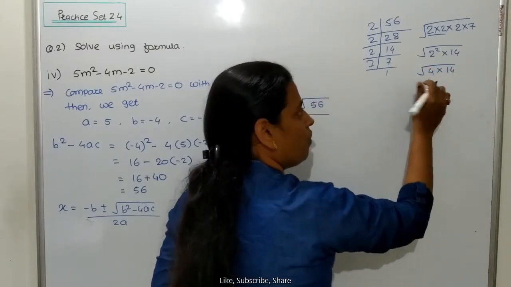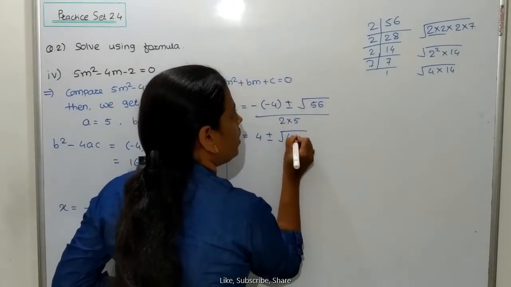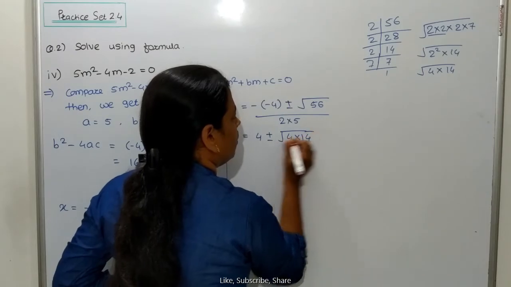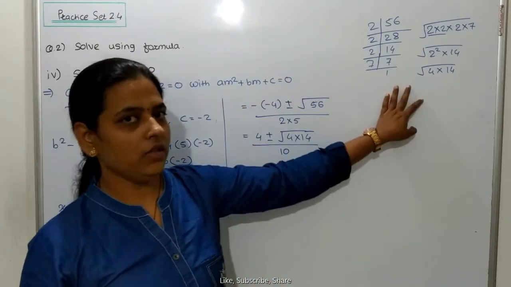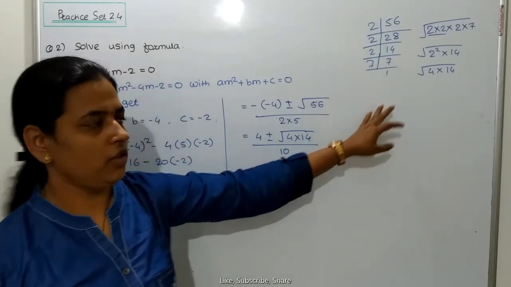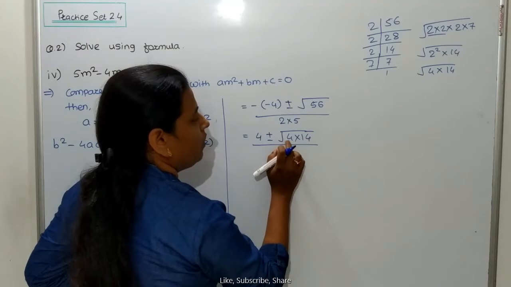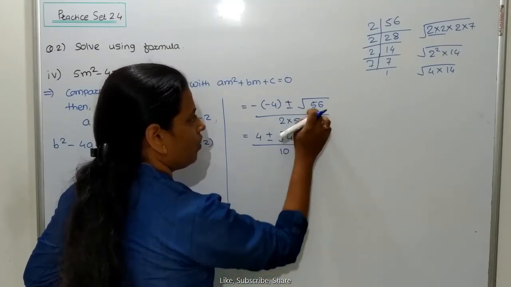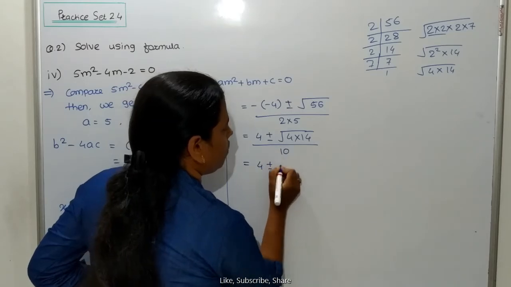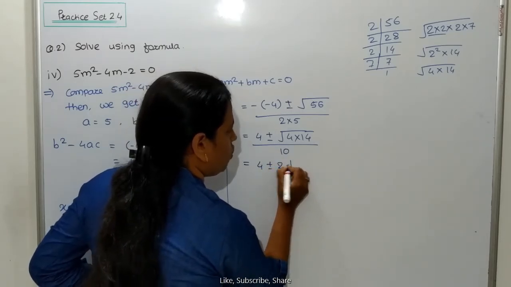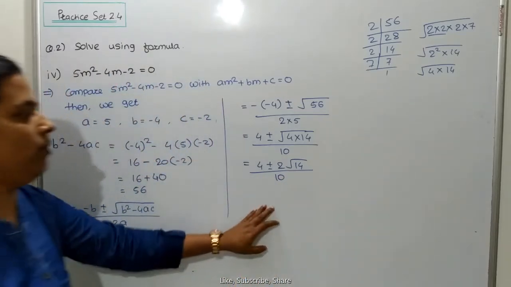So what is the square root of 4? We can write this number 56 as 4 into 14, divided by 10. Clear? How to calculate? This is your rough work. You can't write this. Take the screenshot of it. Okay. This is rough work. Then when you multiply 4 into 14, we get 56. Now plus minus, what is the square root of 4? That is 2. So 2 root of 14 upon 10. So we have to get this number.